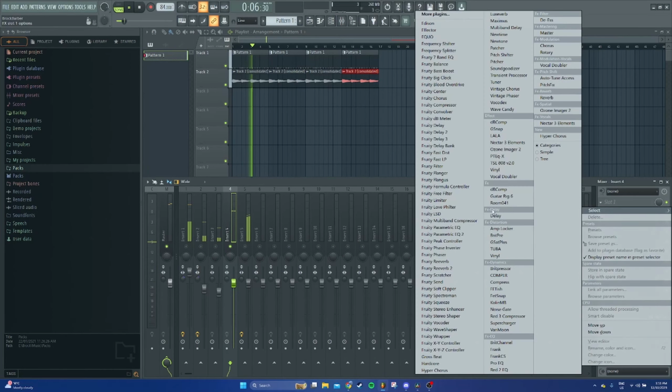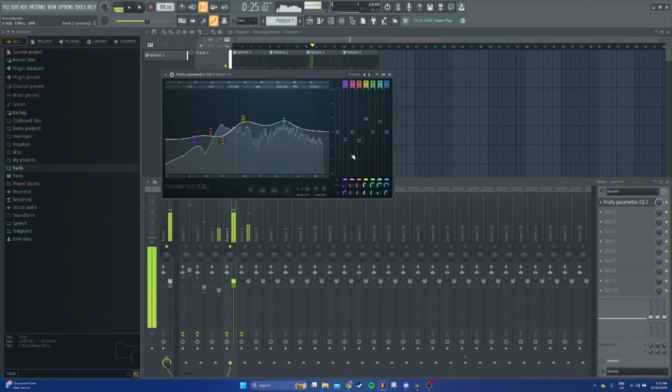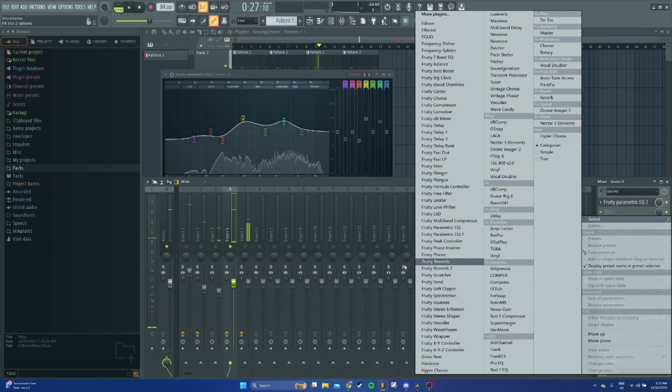So let's mix the snare. I'm going to go just the default EQ. I'm just going to boost in this area, very specifically here, around the 3000 Hertz. As you can hear, that's a very boxy frequency in this area. We're going to lower that, and to make up for that, we'll boost the low mid. And then what we're going to do is add